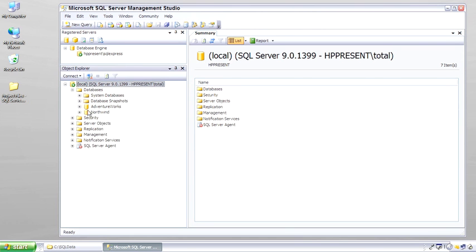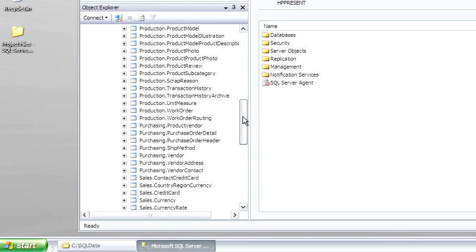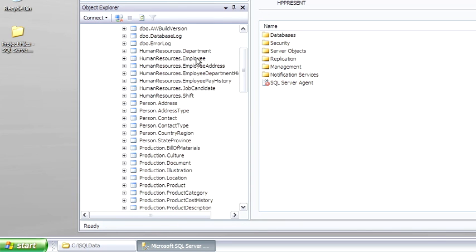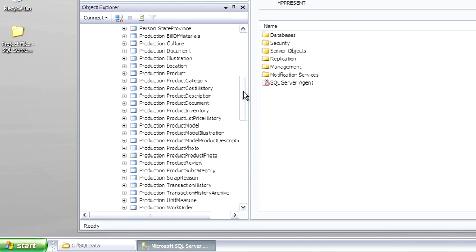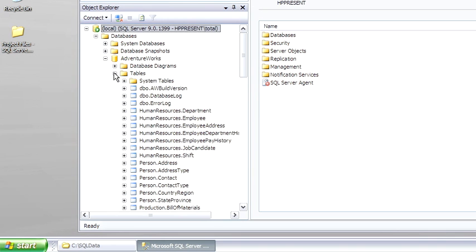Opening the databases, AdventureWorks tables. You notice that there's several tables here. Each one is categorized by a different schema. Here's the human resources schema, the person schema, production schema. The problem with AdventureWorks is that it is highly normalized, almost over-normalized in some opinions. The benefit of AdventureWorks is that there's lots of data, so it's good for testing larger processes and indexes and